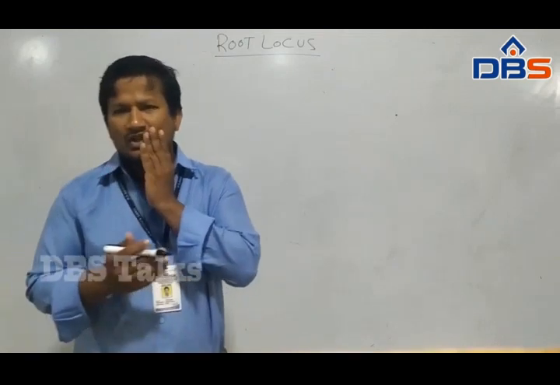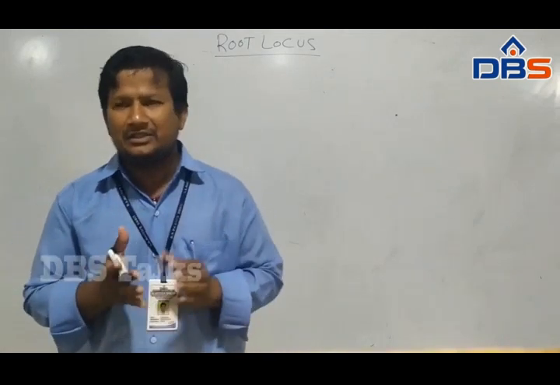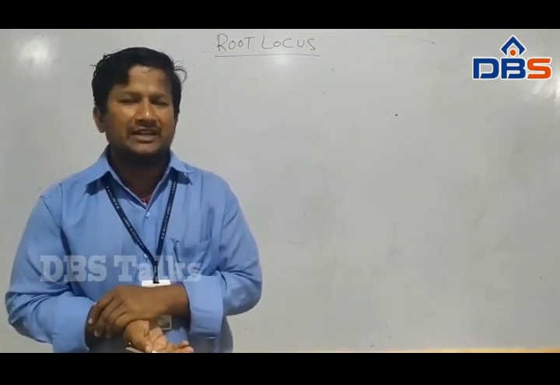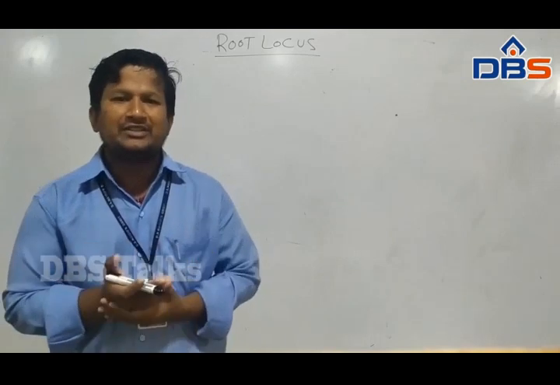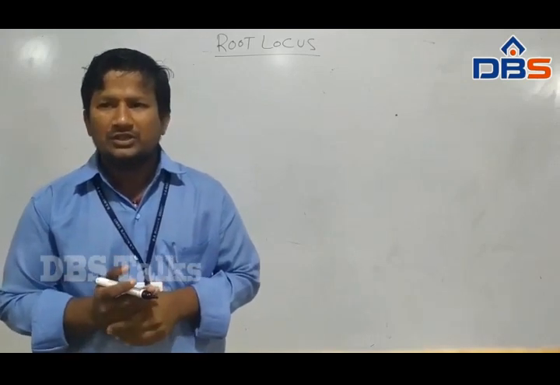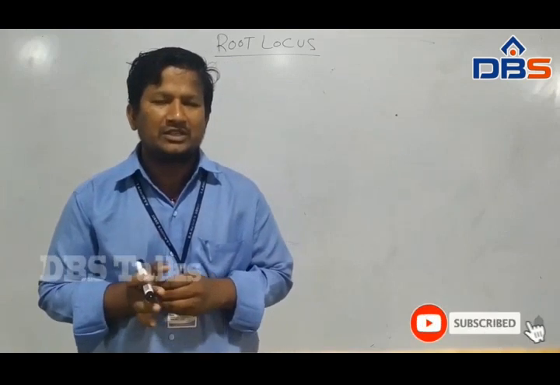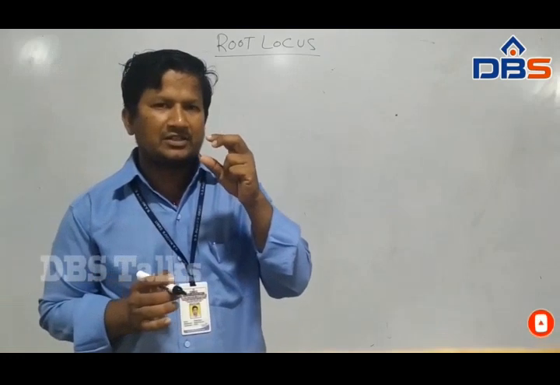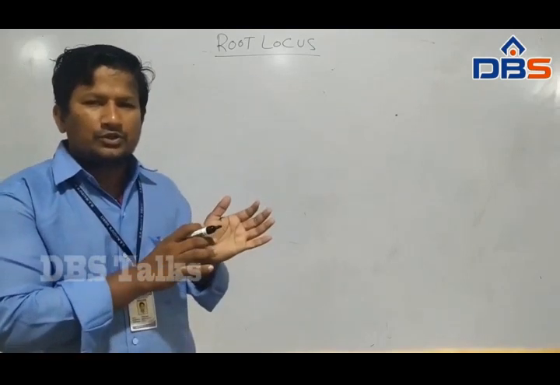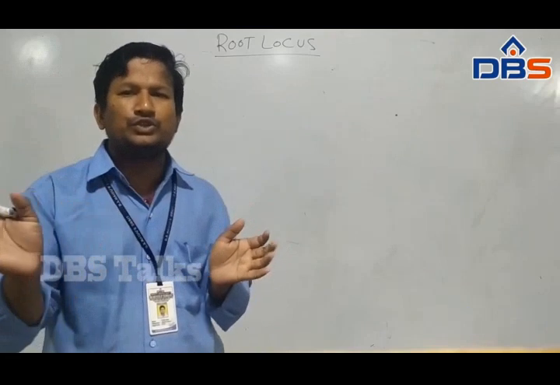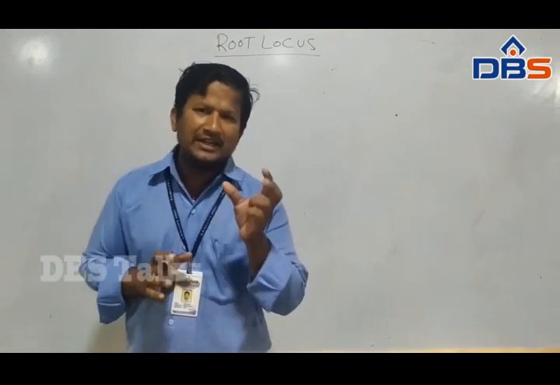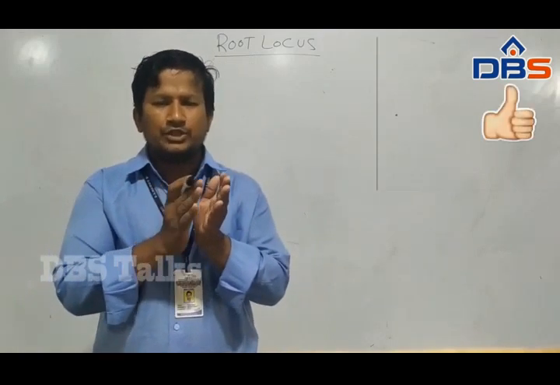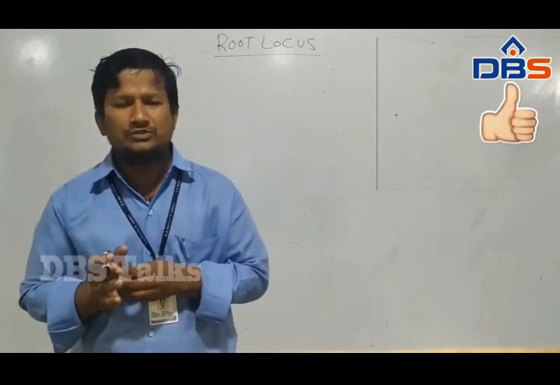At the start, the root locus technique was determined by scientist Evans in 1948, for determining the stability of closed loop poles. Generally, root locus is a graphical representation of the closed loop poles whereas the gain is varying from 0 to infinity. Generally, the gain is nothing but the k value. The gain value varies from 0 to infinity, that is, the k value is positive.